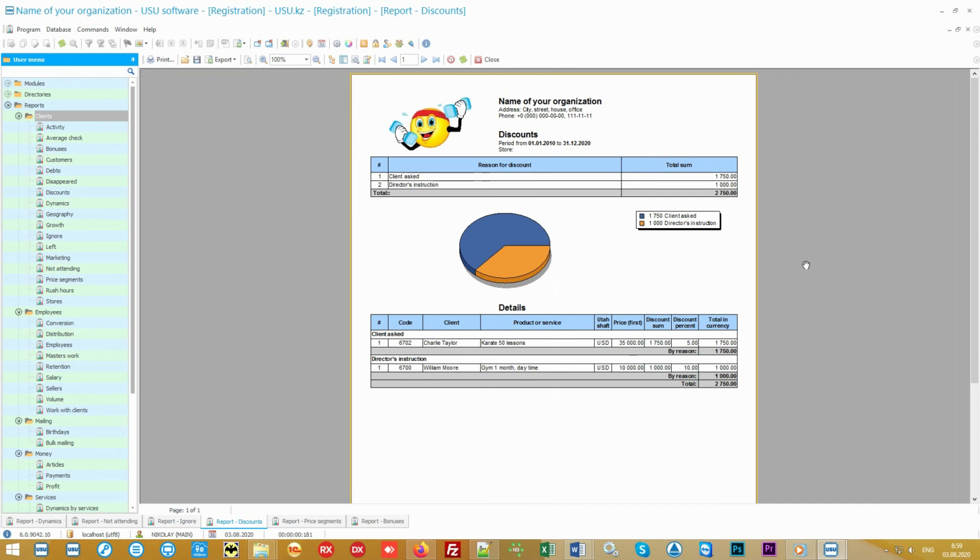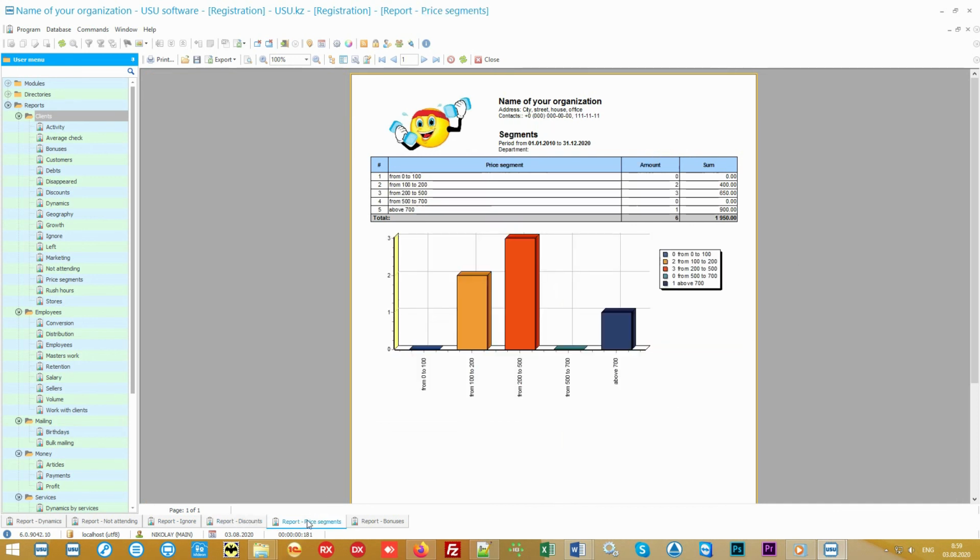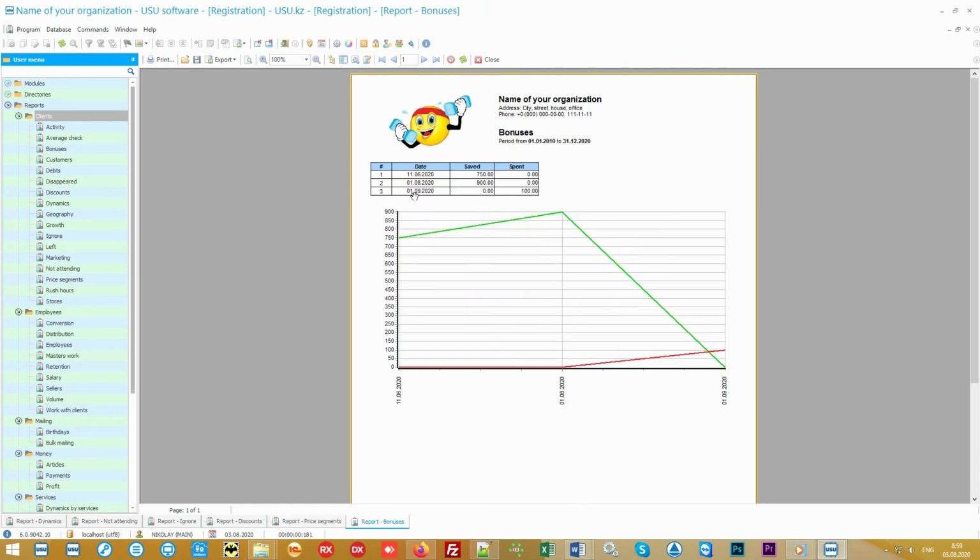The next feature is especially important if you have offers for both middle class and expensive premium services. In what price segment are the services most often bought? You can see it in the report segments. This analytics will help you identify those prices that are simply unbearable for your customers. The bonus system can serve as a good help for the loyalty of your customers. If customers receive bonuses that they can then spend, this will in fact secretly encourage them to spend even more in your center.